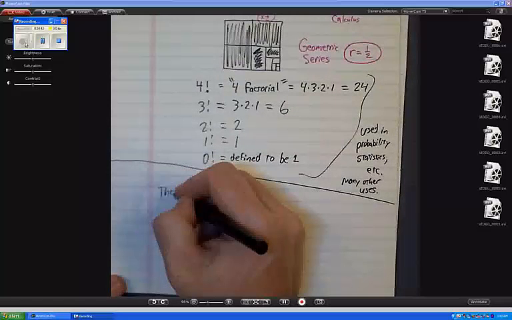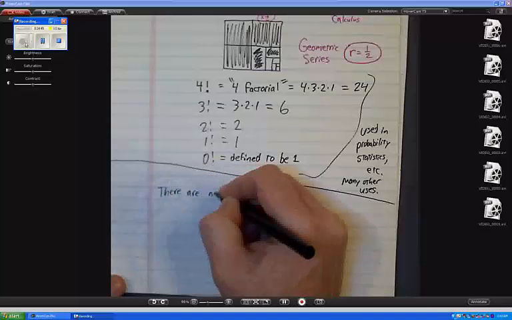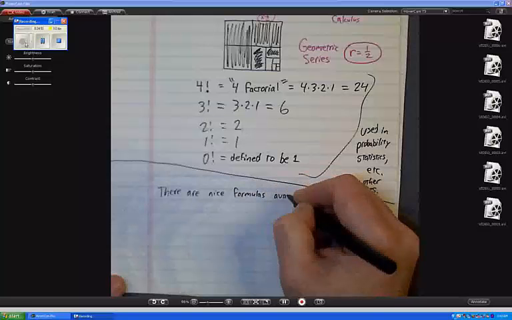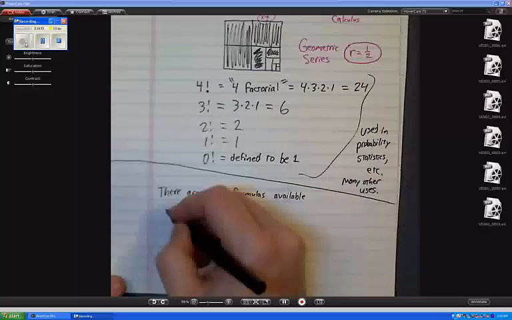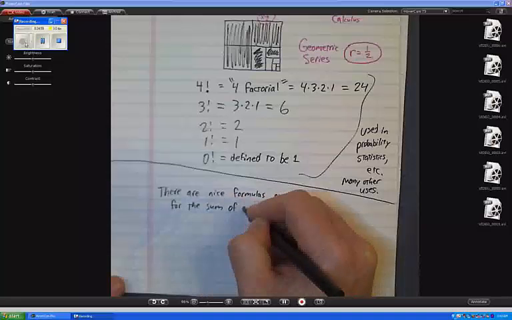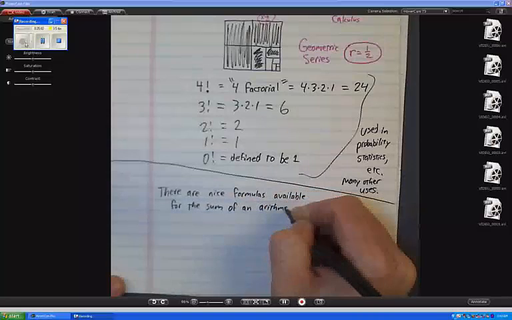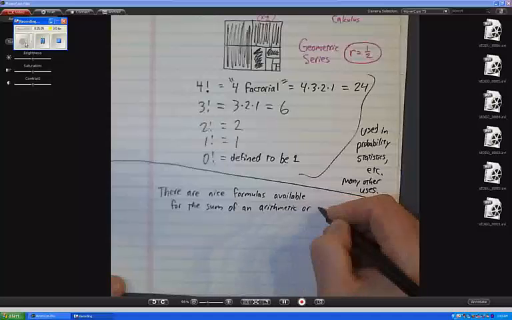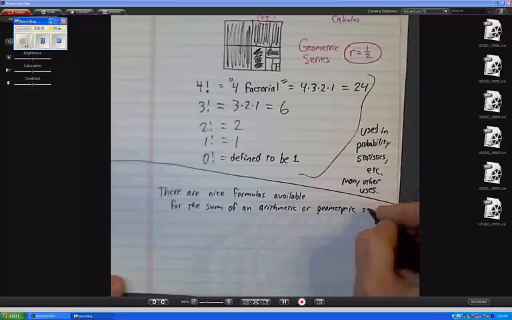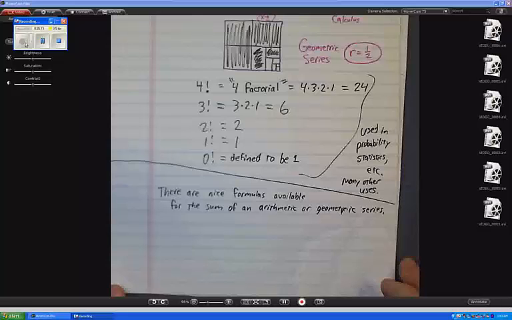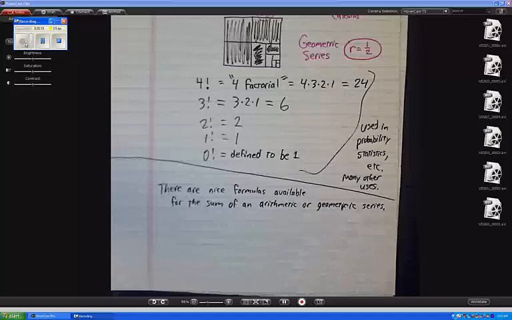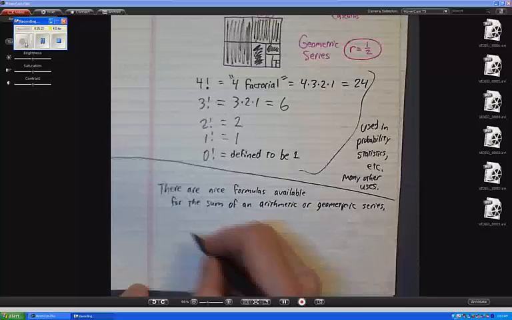There are nice formulas available for the sum of an arithmetic or geometric series. You are not responsible for memorizing any of those formulas, but on the homework I'm asking you to use them. For example,